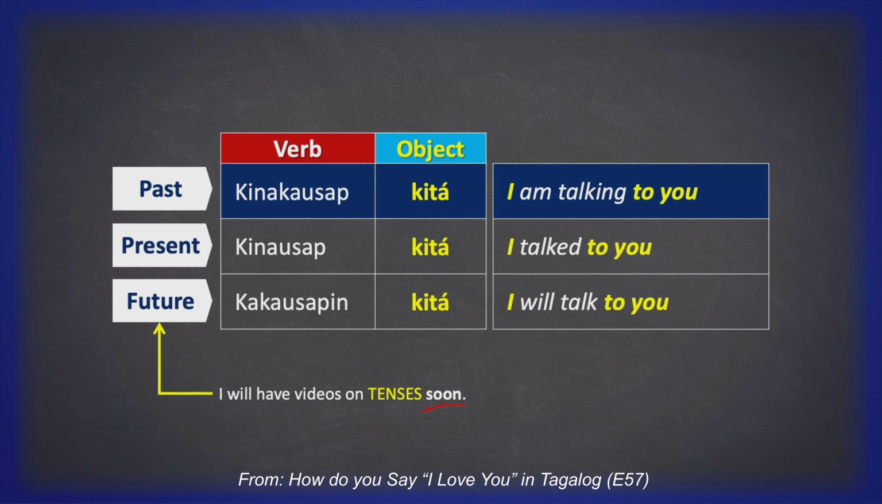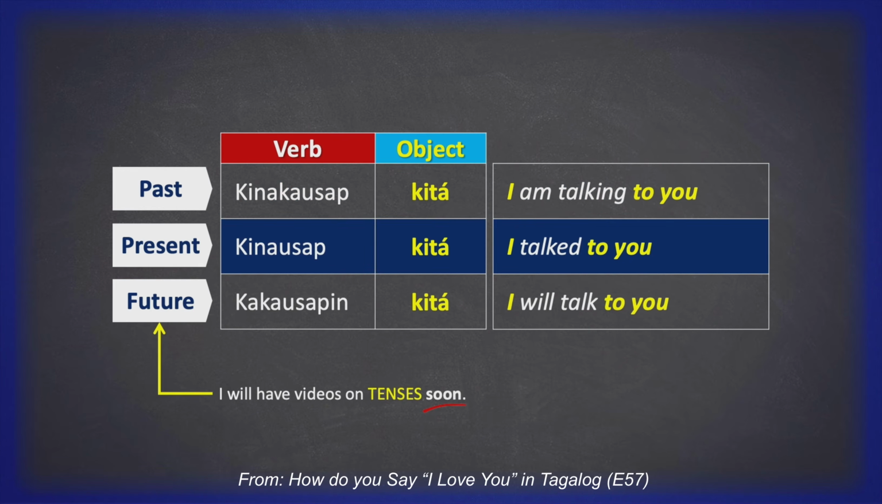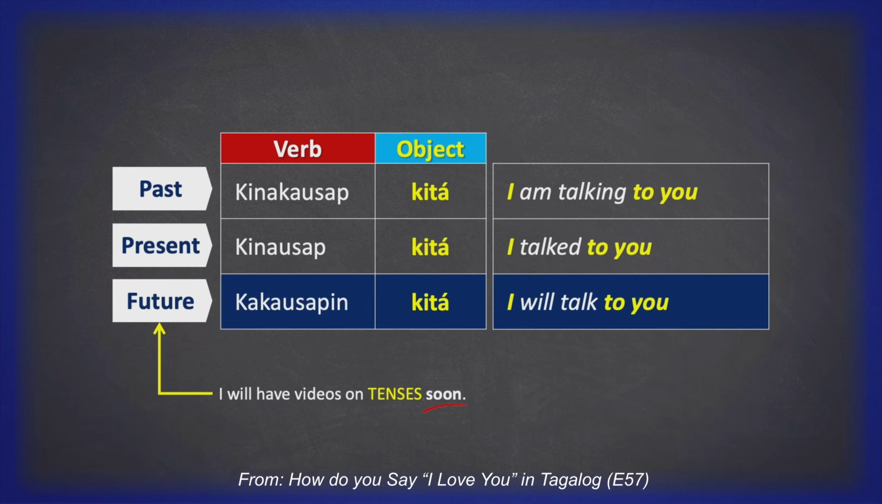Kinakausap kita. I am talking to you. Kinausap kita. I talk to you. Kakausapin kita. I will talk to you. I use tenses then because to use aspects will require a lot of explaining, which will overshadow the main topic